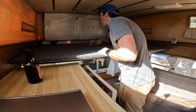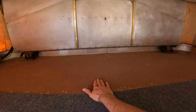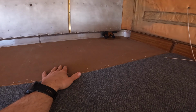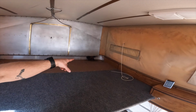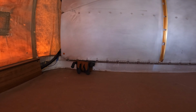And what I'm going to be doing on this back piece here is sanding this down, because you can see there is a little wet spot there. I do have a leak in that corner, but I'm going to sand this down and then apply a paint that kills any mold and resists mold as well. And then those gloves are sitting there right now because there are screws from the latches on the outside,